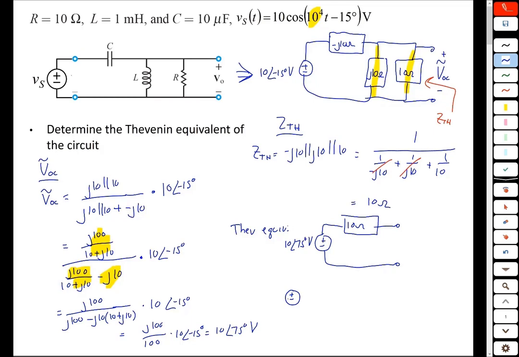So 10 at an angle of 75 degrees just becomes 10 cosine 10 to the 4th t plus 75 degrees volts. And of course, an impedance of 10 ohms is just a pure resistance, a 10 ohm resistor. So our final answer